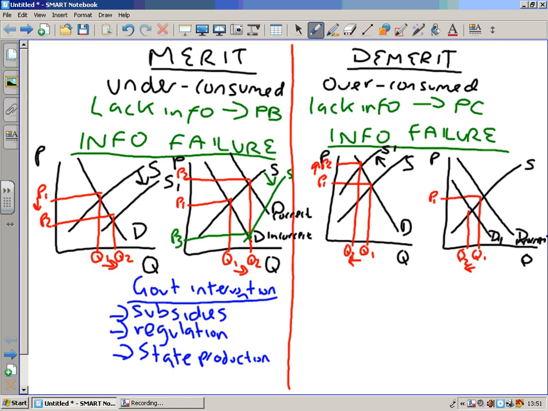If we can't get people to shift to D1, they stay on D. So what we have to do is to look at what price we have to charge people to make them consume a lower demand of this demerit good. Now you can see there that I've labelled P2. That's the price that people will pay to demand only Q2 of this product. So if we shift supply over this point, S1 through an indirect tax, again we've corrected the problem.